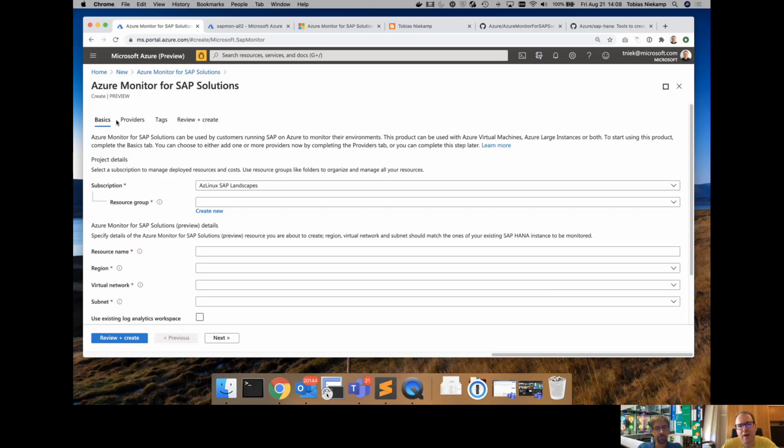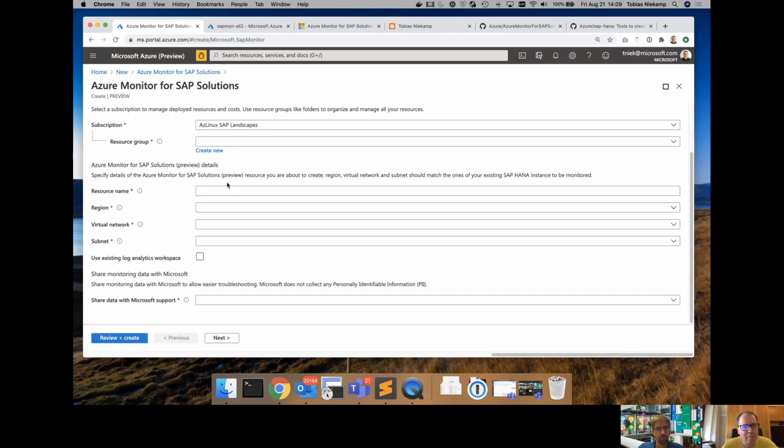So you could essentially have one single SAP Monitor resource, and you can connect multiple providers either to several HANA databases, or you could add a SQL Server database or an HA cluster, whatever provider we offer you. And we're actually actively building more providers so that we can collect application telemetry as well, and support further databases, any DB databases that are not HANA.